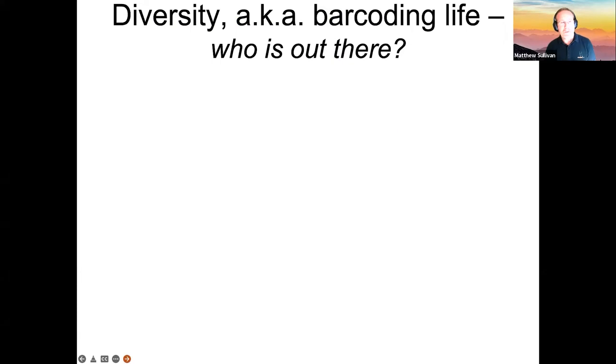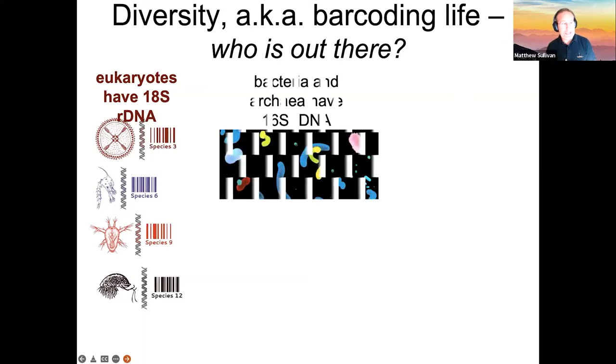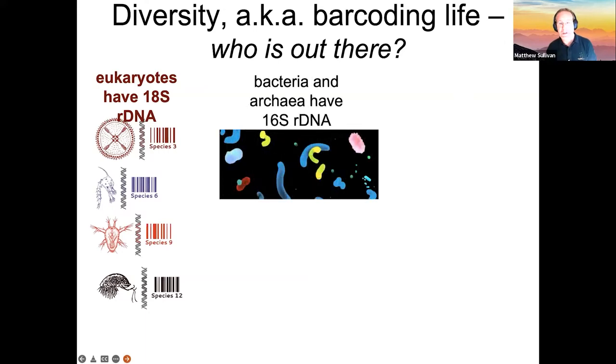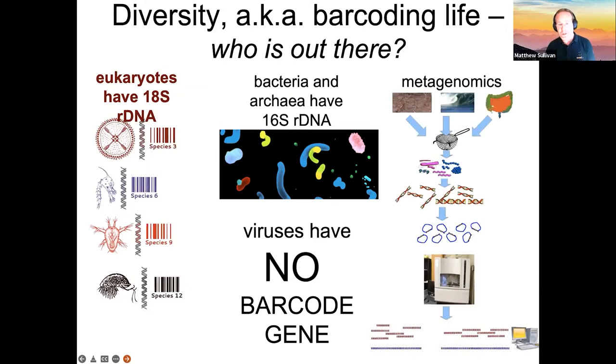But there's a big problem with viromics too. There are actually many problems, but over about a decade, we solved almost all of them. Here's one that remains a challenge. When we go out and try to figure out who is in the water, eukaryotic cells can be looked at with 18S ribosomal DNA. Bacteria and archaea can be looked at with 16S ribosomal DNA. And viruses themselves have no barcode gene. And so that's led to shotgun metagenomics, or viromics.